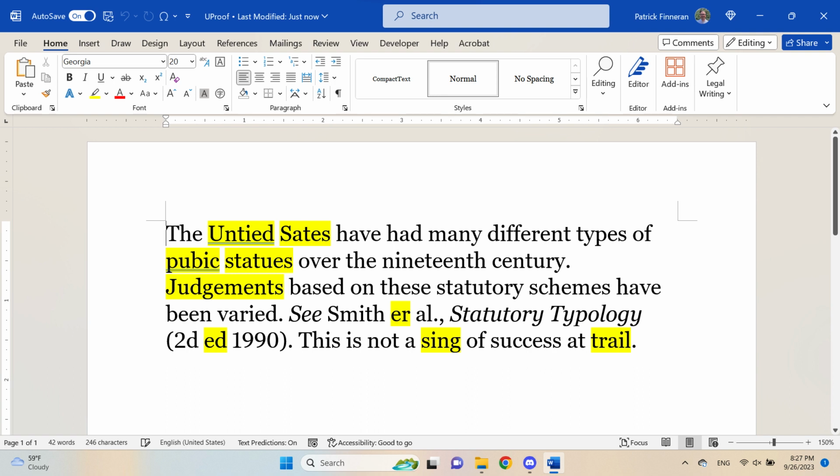Microsoft Word tries to help us out. We can see some of these words are double underlined in blue, indicating Microsoft thinks we may have used the wrong word. In both cases here, untied and pubic, Microsoft is correct. However, even if we make those recommended corrections, we can still see there are several errors in this text. So, our problem statement: how can we have Microsoft Word help us identify commonly misspelled or mistyped words so we can focus less on the mechanics and more on the substance of our writing?